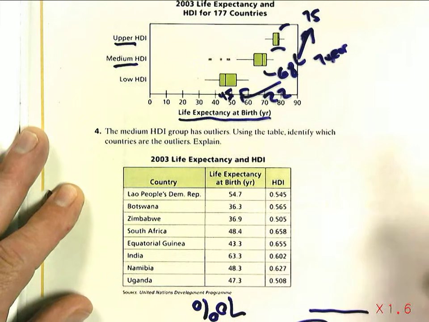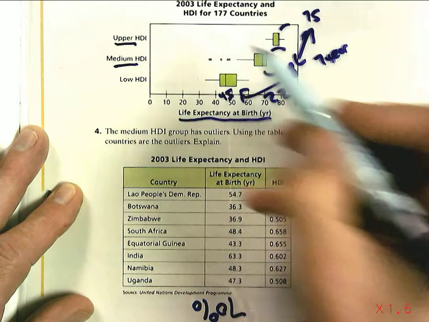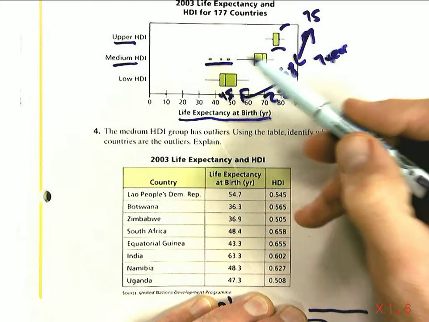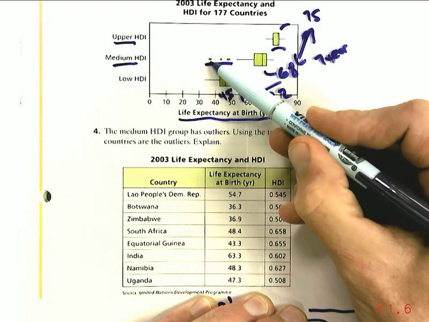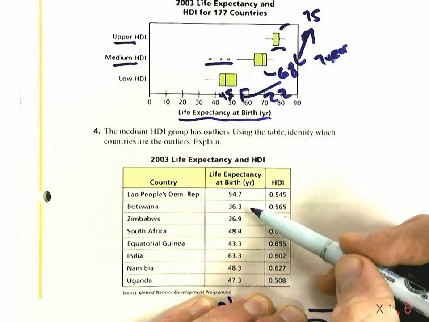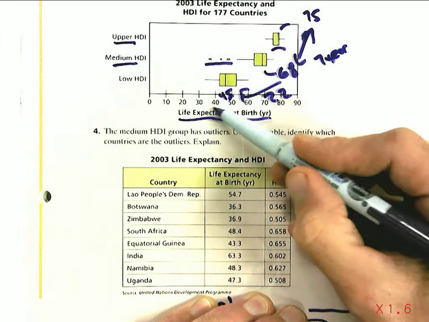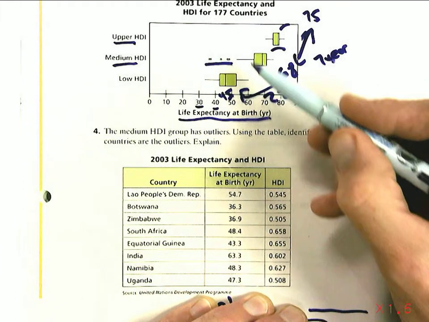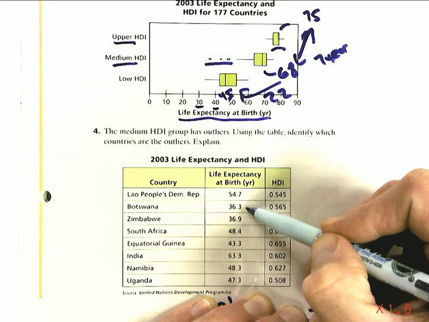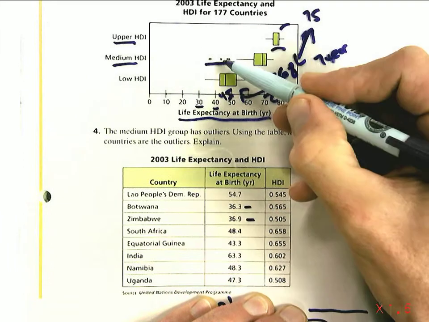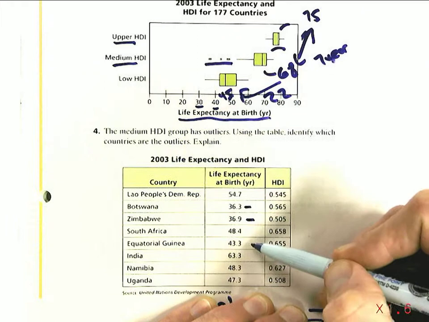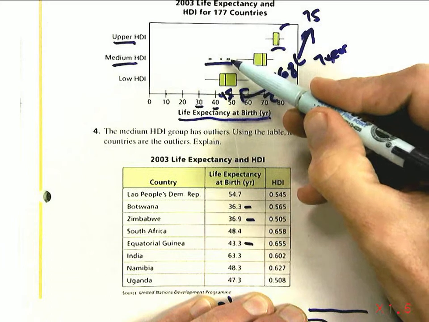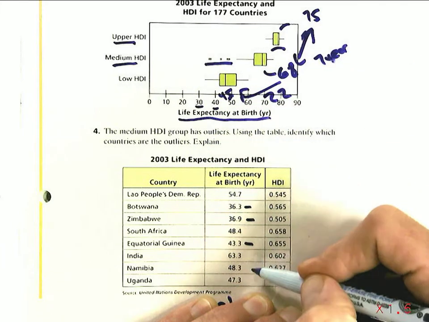And if we look at what we just did, there are these outliers here. And on the chart below, you can actually find those outliers. So we have an outlier somewhere around 35, 36. There's a couple of them. Our life expectancy between 30 and 40, so we've got a bunch of outliers in the medium group. It looks like Botswana and Zimbabwe. And then we have another one that's a little over 40. Looks like Equatorial Guinea is another outlier, and a couple more in the upper 40s, these ones here.